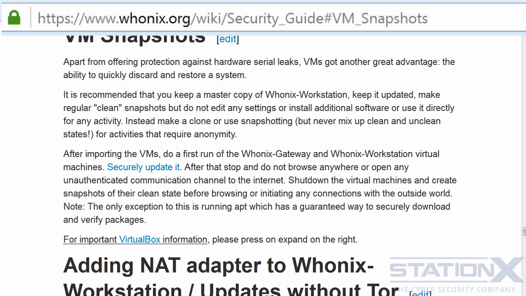for you to know about. So it's recommended that you keep a master copy of Whonix Workstation, keep it updated, make regular clean snapshots, but do not edit any settings or install additional software or use it directly for any activity. Instead, make a clone or use snapshotting, but never mix up clean and unclean states for